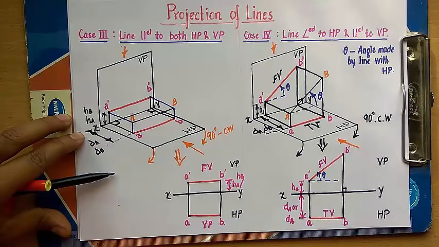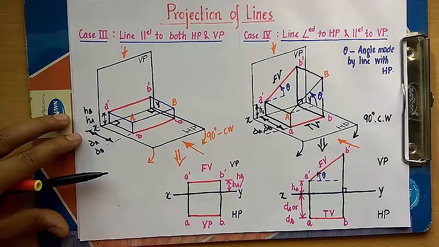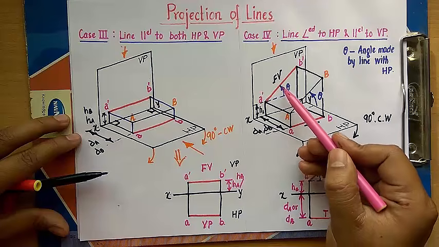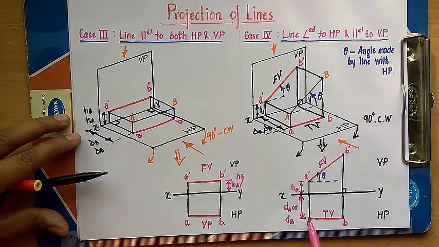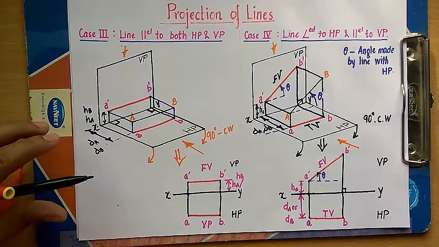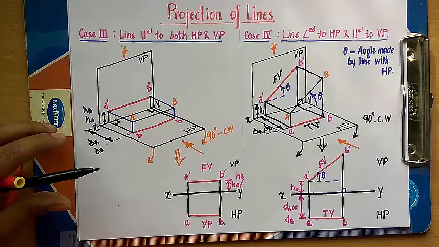Now guys, remember, I'm going to draw a certain conclusion from this case that says that whenever a line is inclined to HP and parallel to VP, you have to start by drawing the front view first. We are going to see this inclination theta. Okay, the top view in fact is going to be absolutely parallel to the XY line, since it is parallel to the VP. All right, so that was case number 4, and now let's move towards case 5, the final case